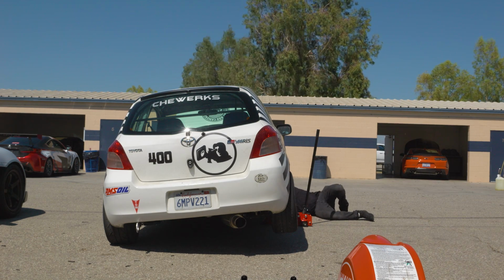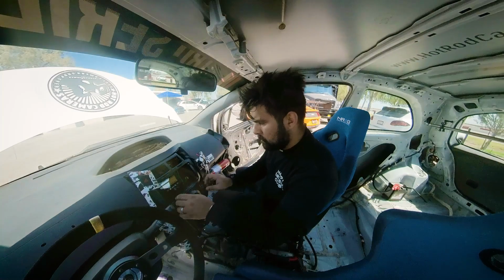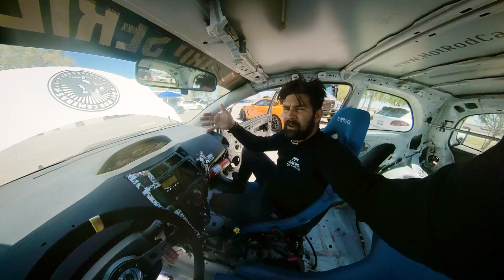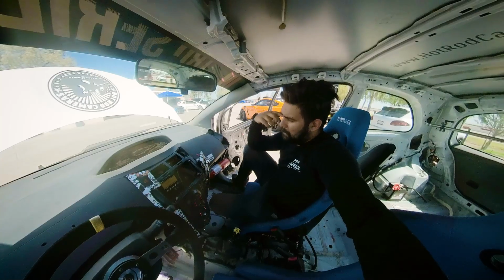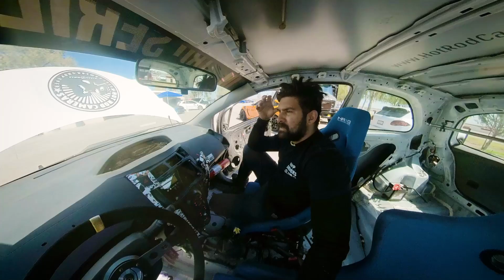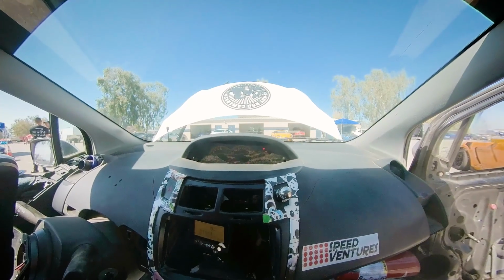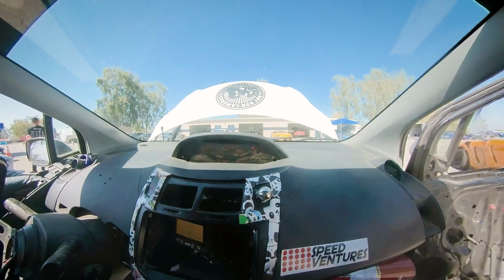I checked the wiring from end to end and couldn't find any issues. Engine's running though. I know the 1NZ-FE is a cockroach of an engine and it'll just keep on going, but there's no way it's running with 0 oil pressure. It's feeling like the oil pump, and I am not going to go on track with a bad oil pump. So,